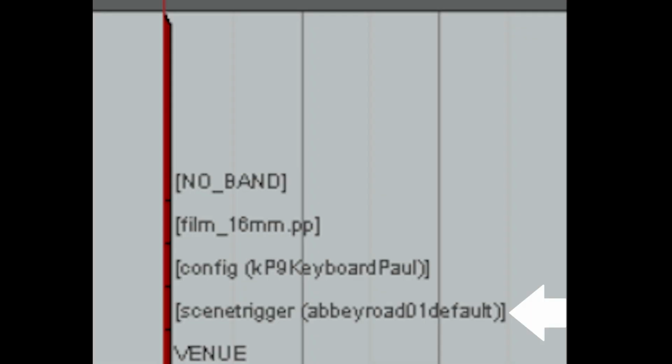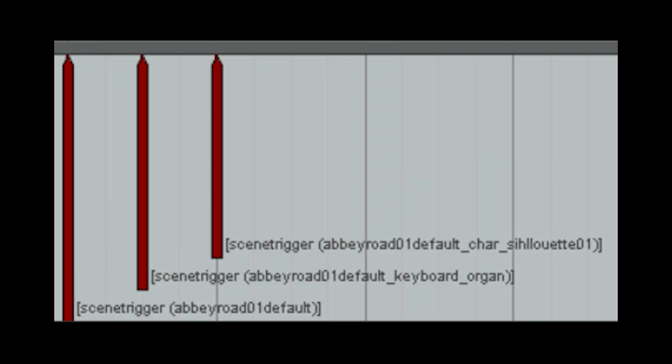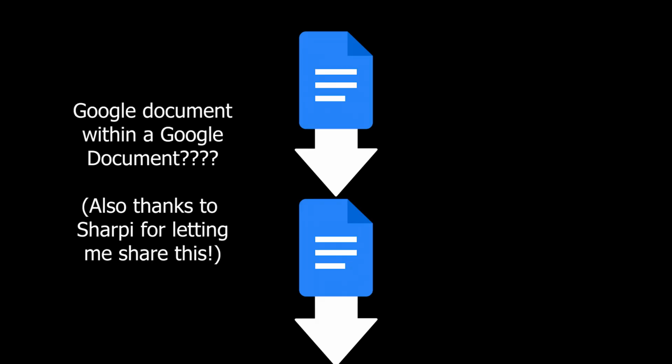Next up are scene triggers. This is what tells the game what location should actively be shown. You can insert any of the mini venues or scenes that you put in the song JSON like shown. The mini venues and scenes also all have variations that can be applied using scene triggers. A full list of all of these variations is included in the full documentation for TBRB that can be found